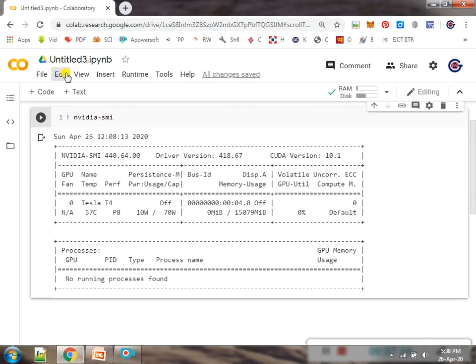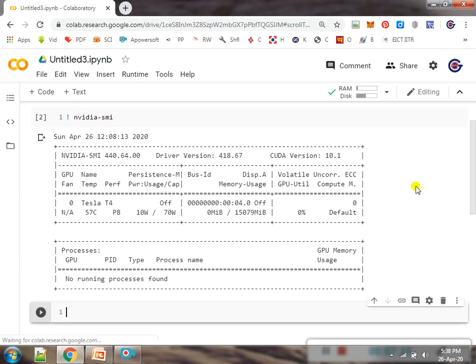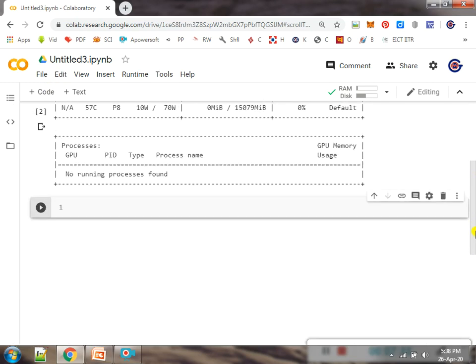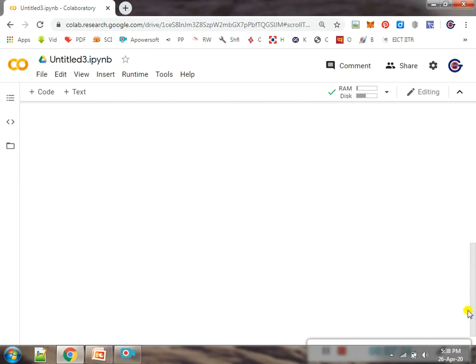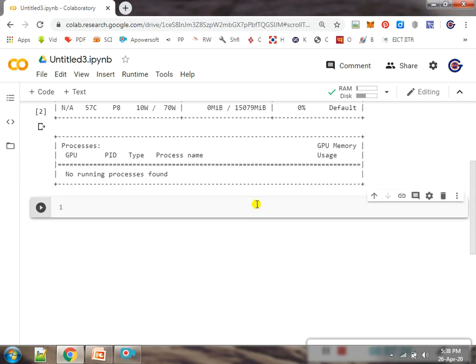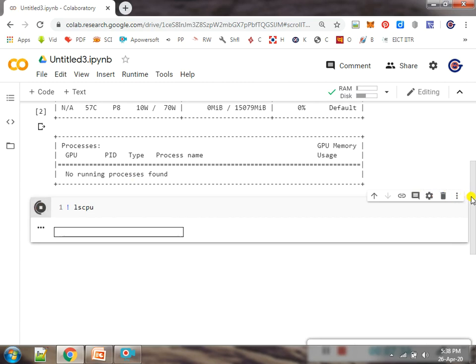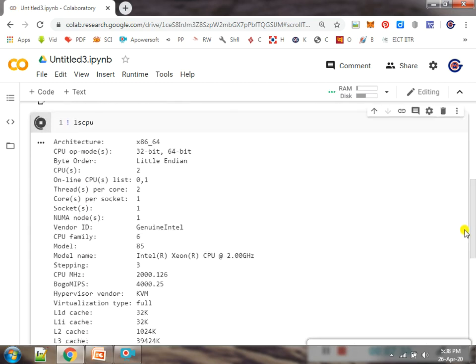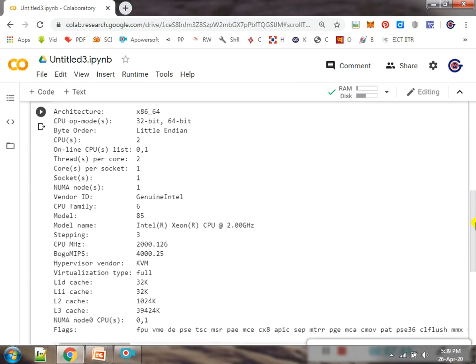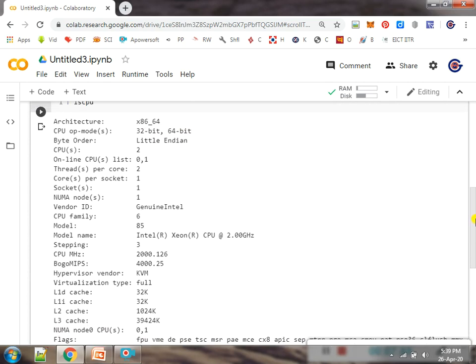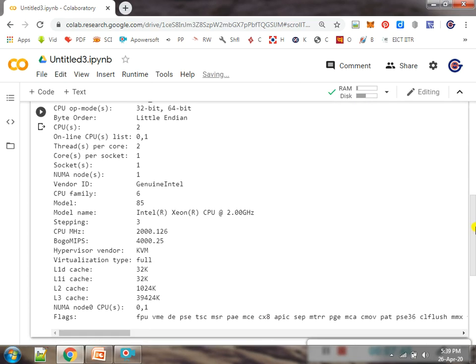If I want to see other details, on click of plus code, exclamation sign lscpu, I can check the details of the remote system which Google is providing me for execution of the algorithms and programs.